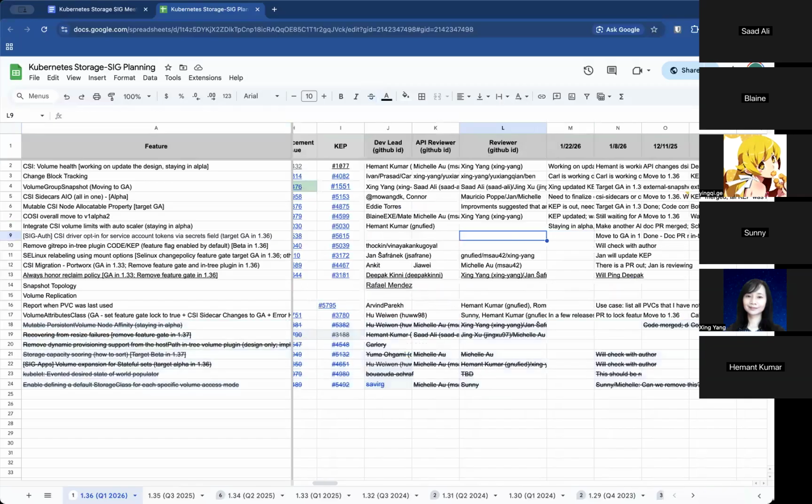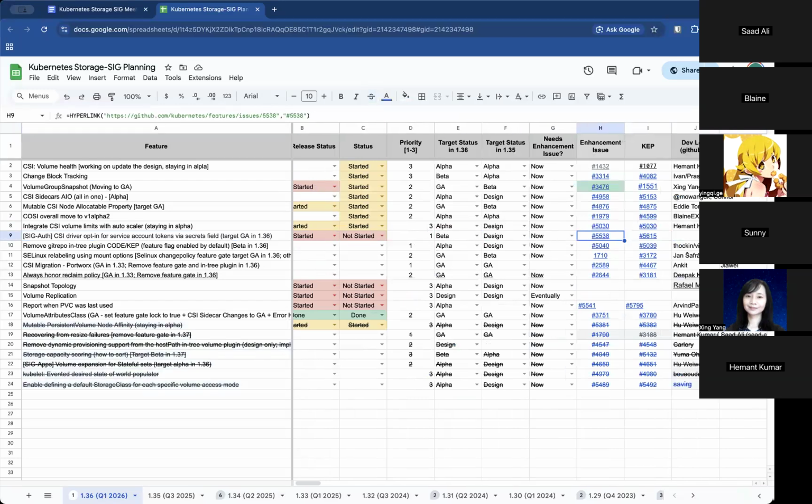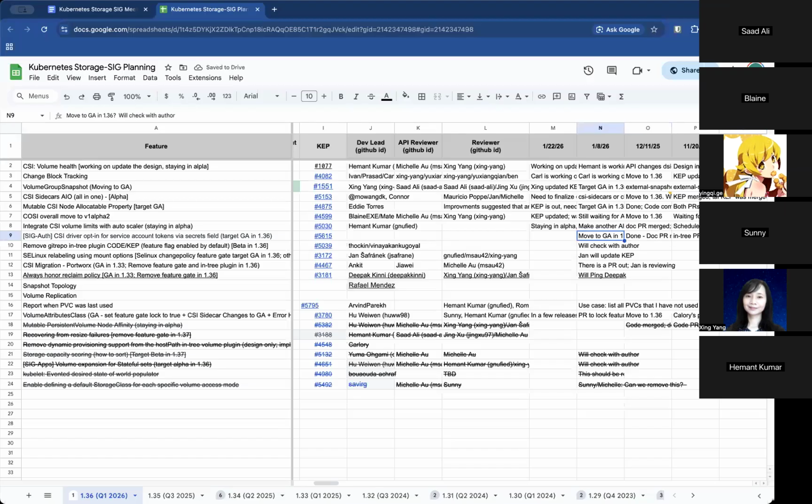Okay, next item we have is co-owned with SIG Auth: CSI driver opt-in for service account tokens via secret fields, targeting GA in 136. Let me correct this, GA. So I guess there was an open question about whether this would be happening or not in 136.